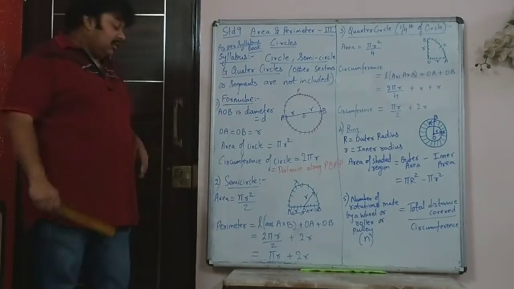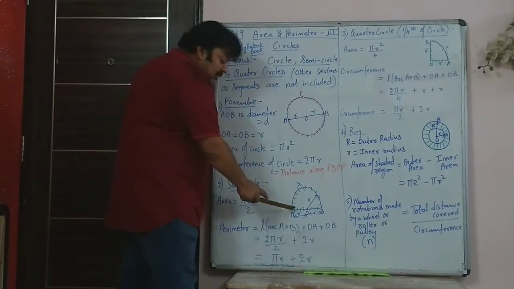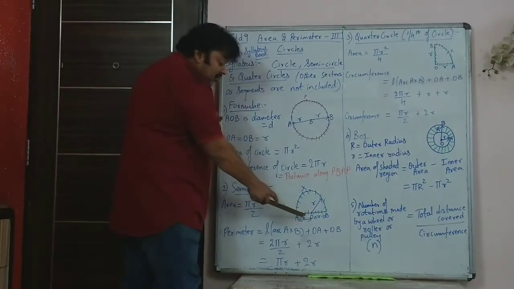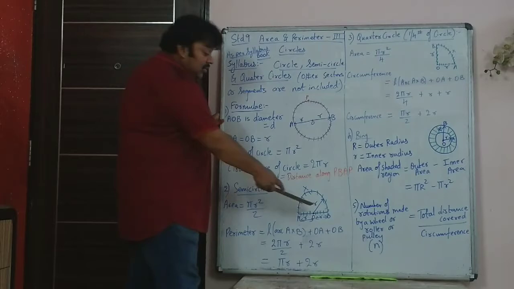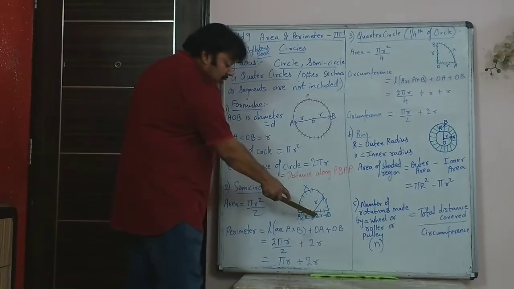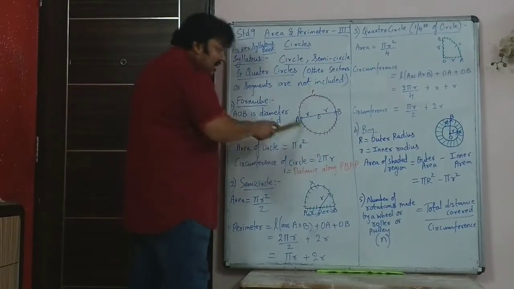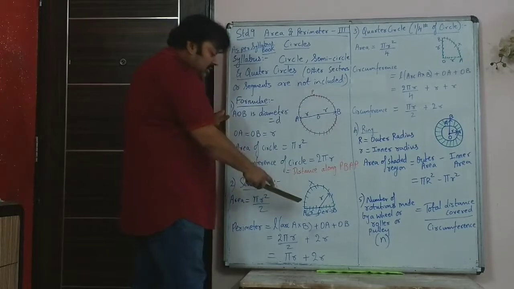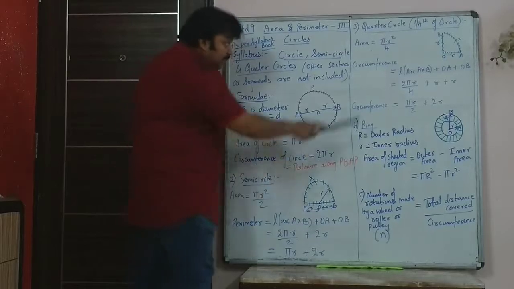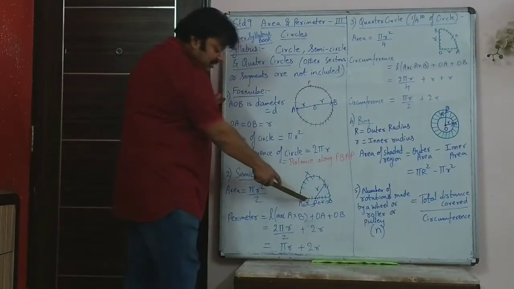When you take perimeter or circumference of a semicircle, be careful. You have to not just account for this length of the arc AXB, but from B you have to come back to A without using the same road. So it's AXB plus OB plus OA. So that means this is half of the entire circumference. So this is 2 pi r upon 2. That is only pi r. So it is pi r plus r.